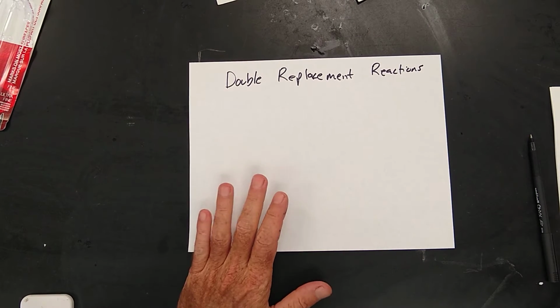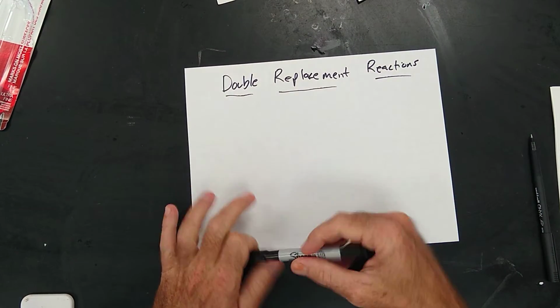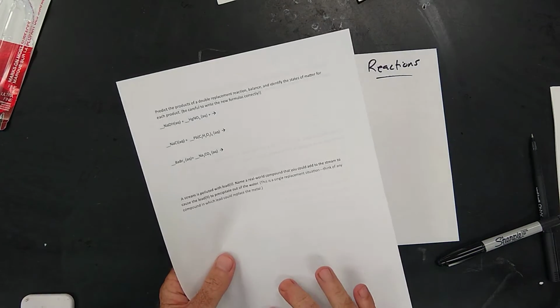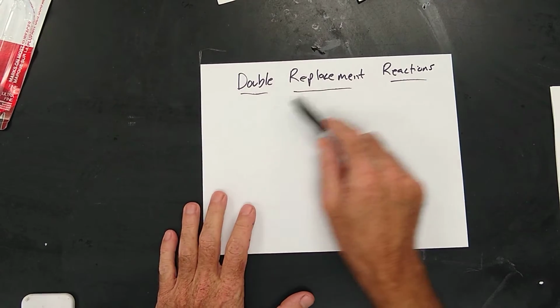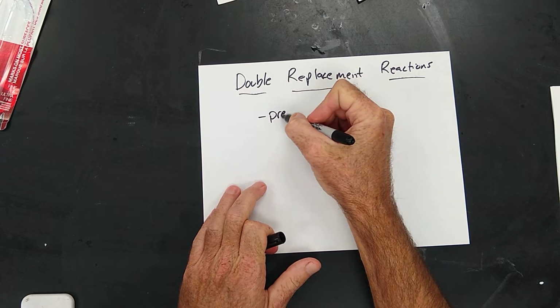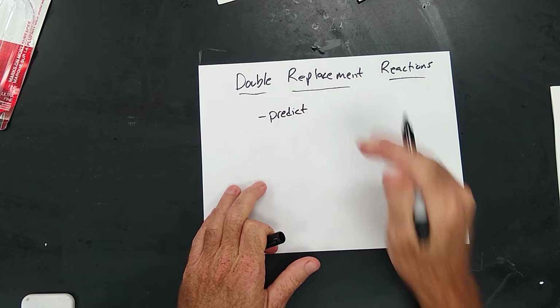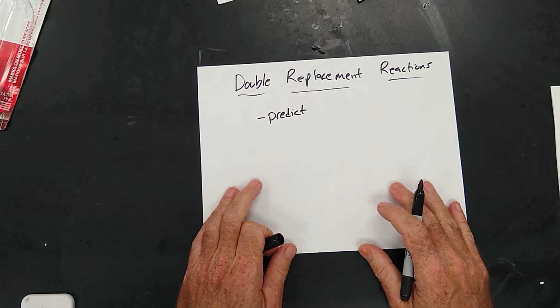Today I'm going to teach you about double replacement reactions, okay? And basically, I'm going to teach it like I'm going over this worksheet that is your assignment. So watching this video would be smart, okay? Now, first thing, double replacement reactions. We're going to have to predict them. We're going to predict if something's going to happen, and if something is going to happen, what is going to